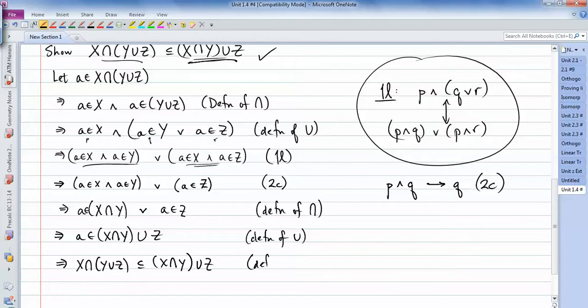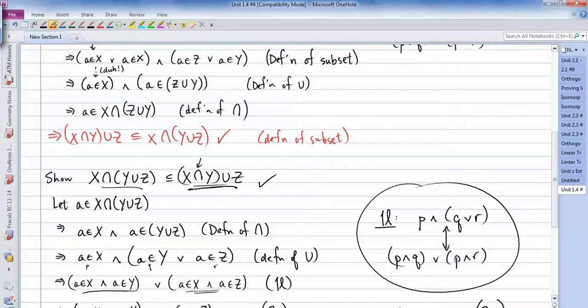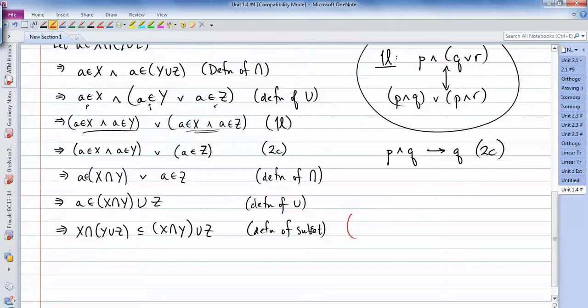Definition of subset. And what I'll do here is I will call this star 1, and this one star 2,